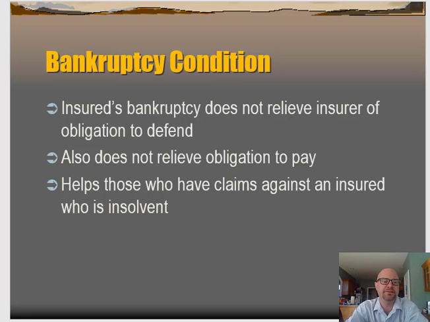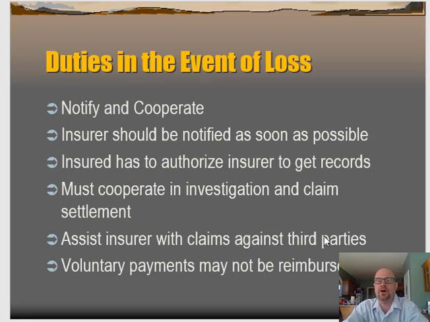Next one that I want to talk about is the duties that you have in the event of a loss. They can be basically summed up by saying notify and cooperate. So you have to notify the insurer that you're aware that a lawsuit is going to be filed against you. You might get papers served on you, and when that happens, you've got to send that over to the insurance company with reasonable speed. When the insurance company is investigating, they're going to need some records that require your permission for them to get. If that's the case, you have to agree to give that permission. That's part of cooperating. And then through the investigation, the claims process, they're going to need some time from you.